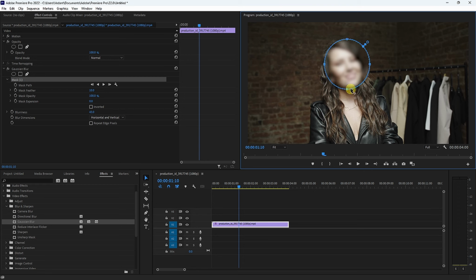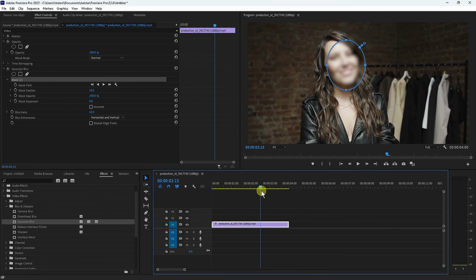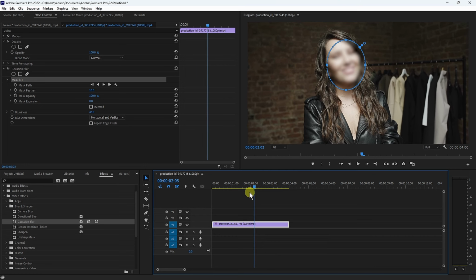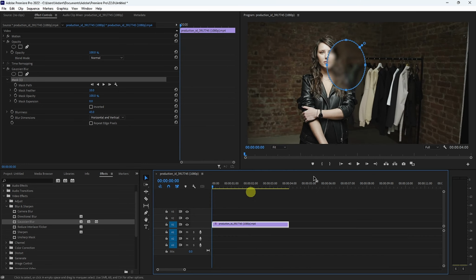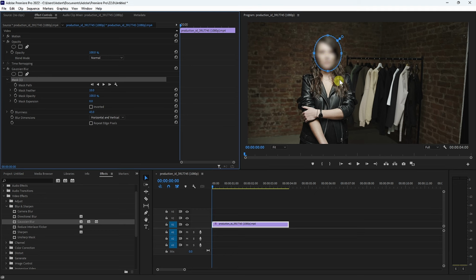You can see this is how we can adjust the size of our mask. After that we can also use these corners to align the mask on our subject, and you can see our mask has been aligned, but the mask is not moving according to our subject. To move it according to our subject, firstly we need to place our playhead on the first frame. Then we need to readjust the position of the mask by holding Shift on our keyboard, and we can simply drag it onto our subject's face. I just need to make it slightly bigger, and there you go, our mask has been placed on our subject.